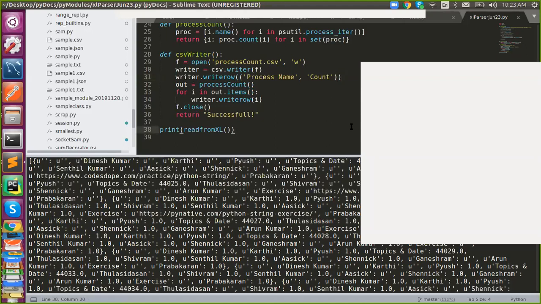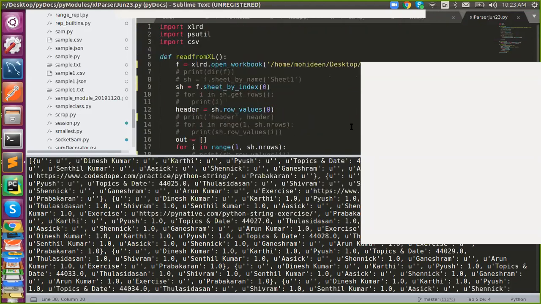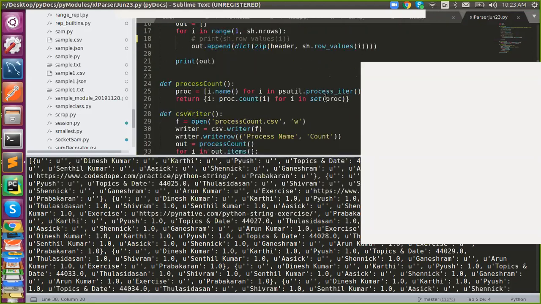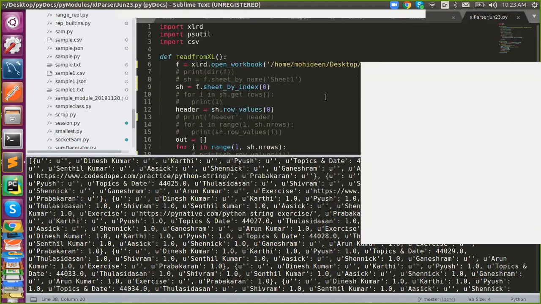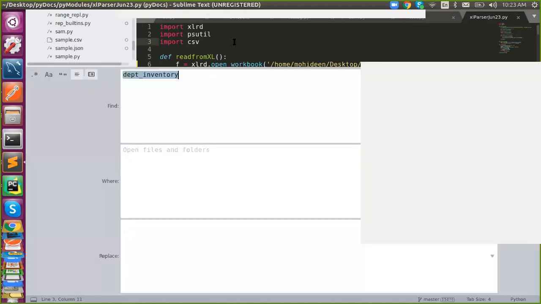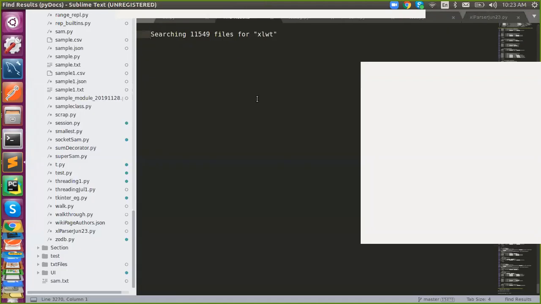So yeah, but how to write values? How to add values into an Excel file? Like yesterday, I told you, right? In CSV we did. For that you need a package called xlwt. Okay, so you need a package called xlwt. Start proceeding with the same method.